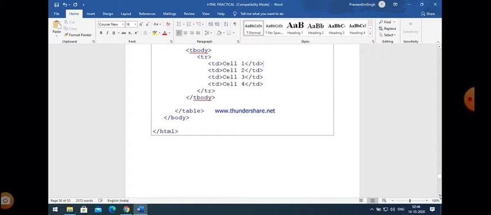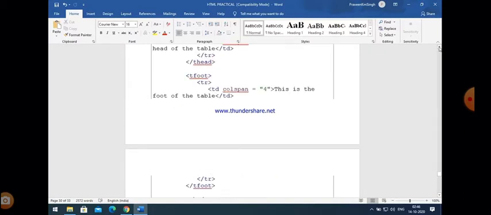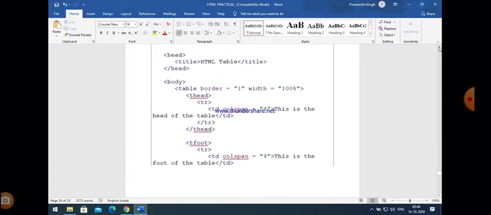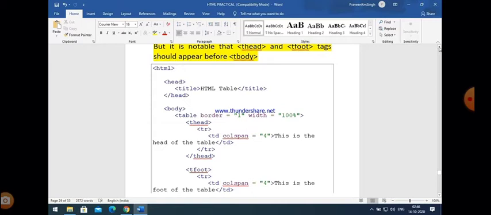So basically the table is divided into three different parts: header, footer and the main part of the body, which is also called the tbody. And the most important thing is that we define thead and tfoot just before the tbody tag. So that is the concept of thead, tfoot and tbody. Always remember that these three tags are used to define the table header, table footer and table body.